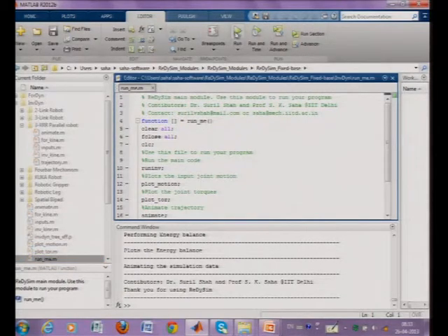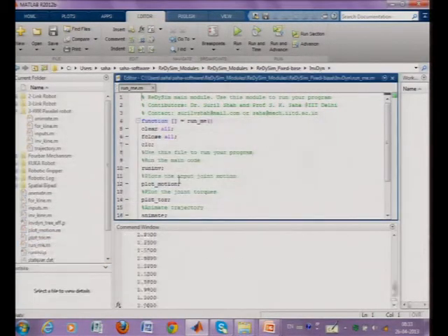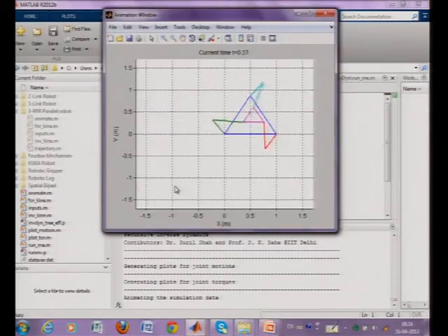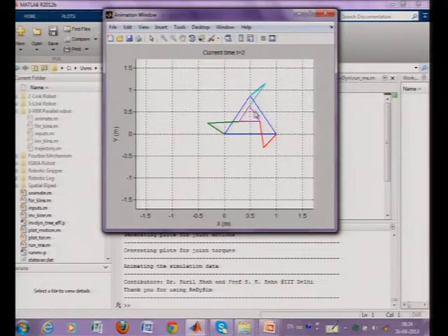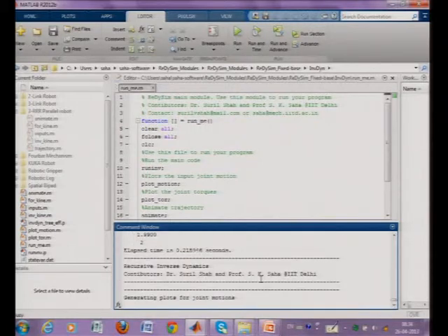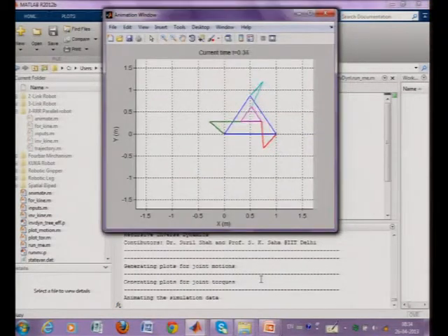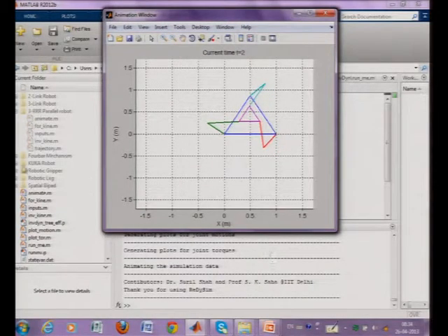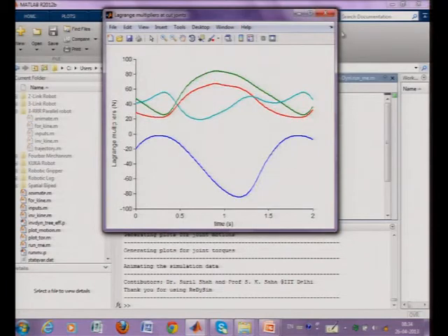So, here you will see the inverse result. So, this is the inverse result. The input I have provided to these first joints of each leg is the trajectory I have shown you for the five-bar mechanisms. Okay. Now, here if you wanted to use this program, these are Lagrange multipliers wherever I cut